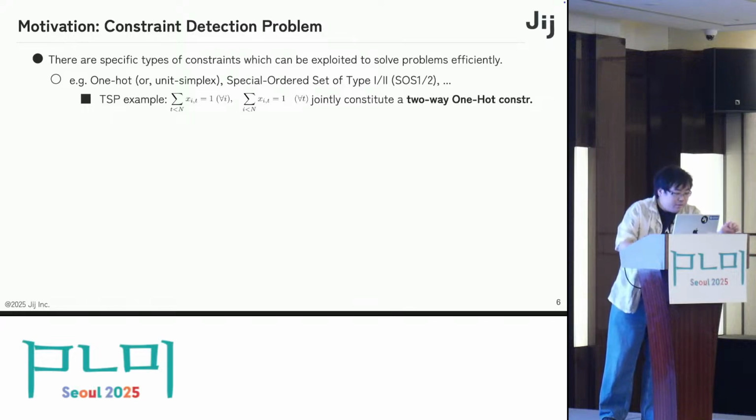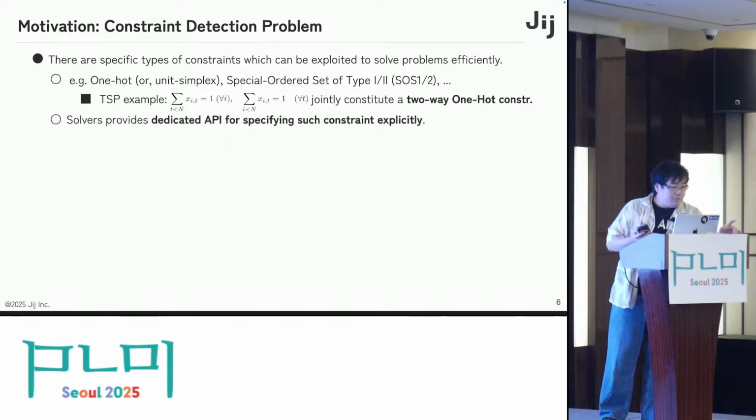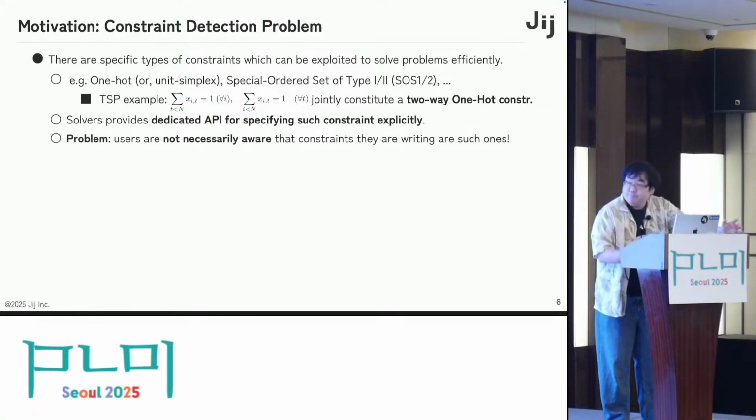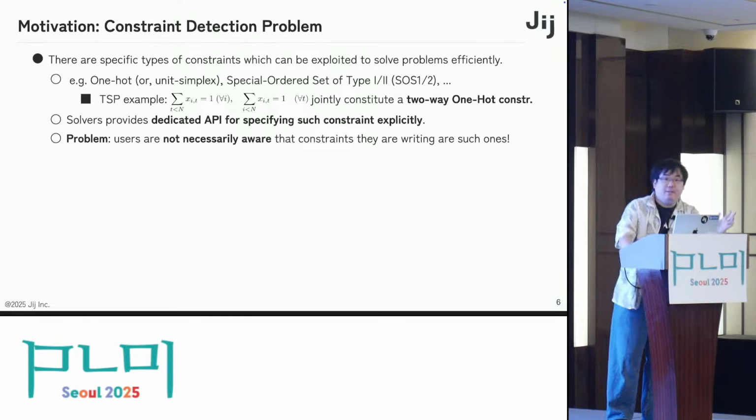Note the interchanged subscript here. These two constraints jointly constitute a two-way one-hot constraint. And solvers provide dedicated APIs for specifying such constraints explicitly to gain solution time. But the problem is that if one is